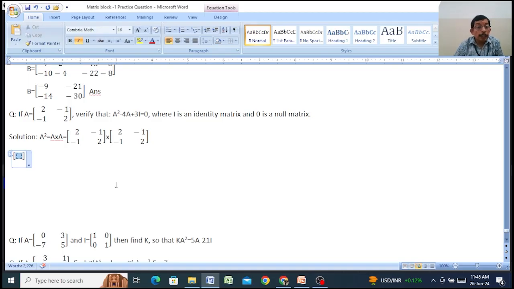The procedure of the multiplication is that the row is multiplied one by one with each column, then we get the first row elements of the new matrix. After that we take the second row and multiply one by one with each column, then we get the second row elements of the new matrix. Now we start the multiplication with the first row of the first matrix. You see here the first element is 2 and the first column first element is 2, then 2 is multiplied by 2. After that the addition. The second element of the row is -1 and the first column second element is also -1. Then -1 is multiplied by -1.